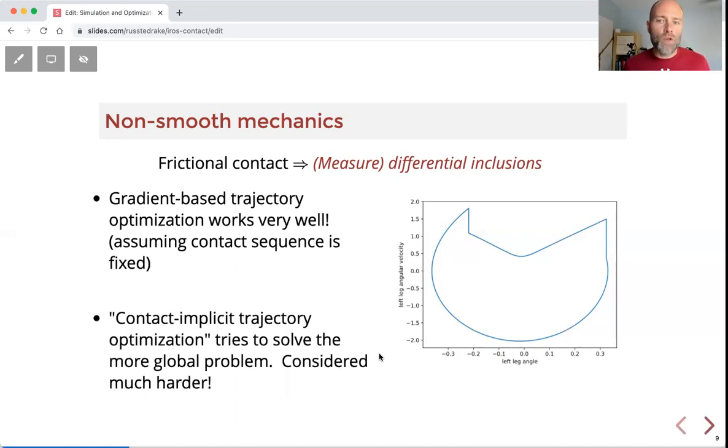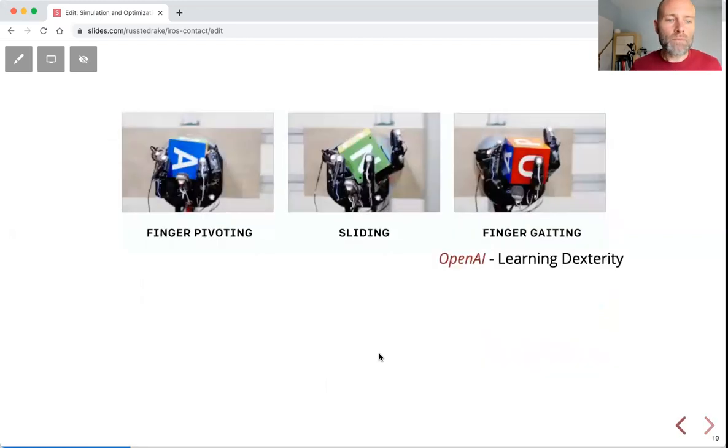There's been a class of problems over the last decade or so that have been called contact implicit trajectory optimization. They try to solve the more global problem where you actually also have to decide the sequence of contacts, or whether you're making contact or not making contact. That is generally still considered a harder problem, in which we have results that are less of a technology. They require a little bit more tuning, a little bit more cost function tuning, more care by the implementer. There's many great success stories there, but it's not as hardcore of a technology yet as the fixed mode sequence.